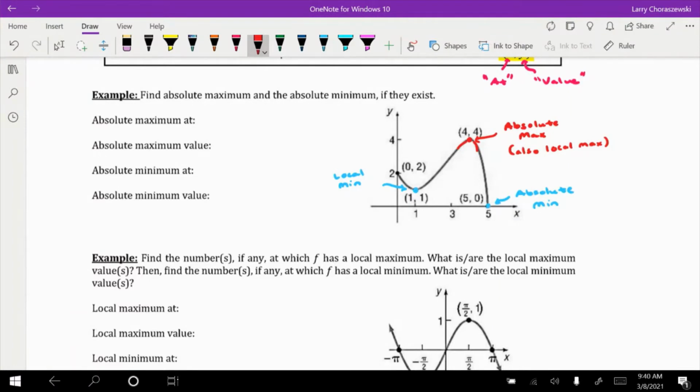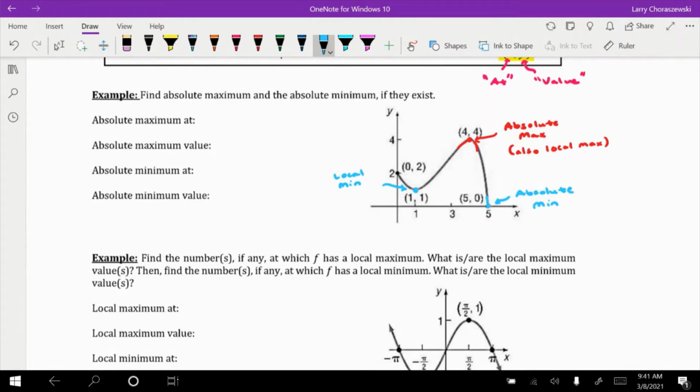The absolute minimum of (5, 0) cannot be classified as both an absolute and a local minimum, because (5, 0) doesn't have any surrounding points. It's got points to the left of it, but there are no points to the right of it. And so anytime that you have a point like this, which is called an endpoint, the only possibility for an